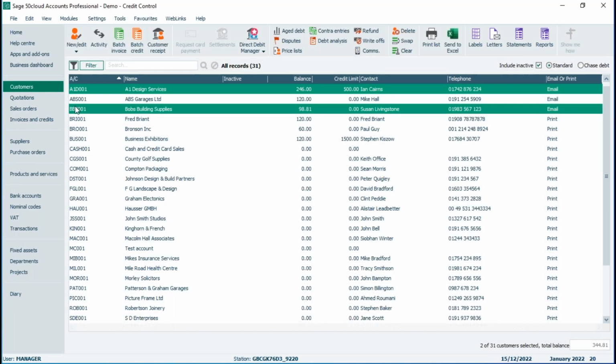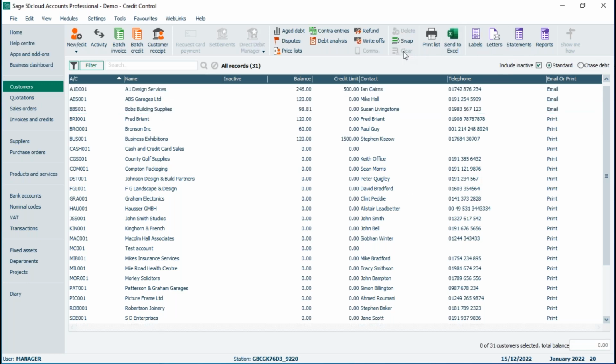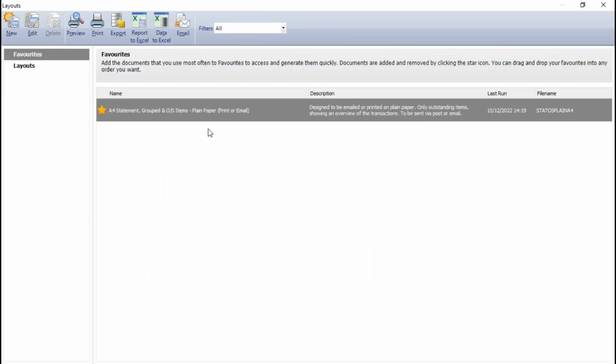Now, if you're finding that you're going through selecting them, you can flag the account as well, email or print if you want to. If you want to do them all, you don't have to go through and select everything. What you can do is just click clear, and with nothing selected, if I then go to generate statements,